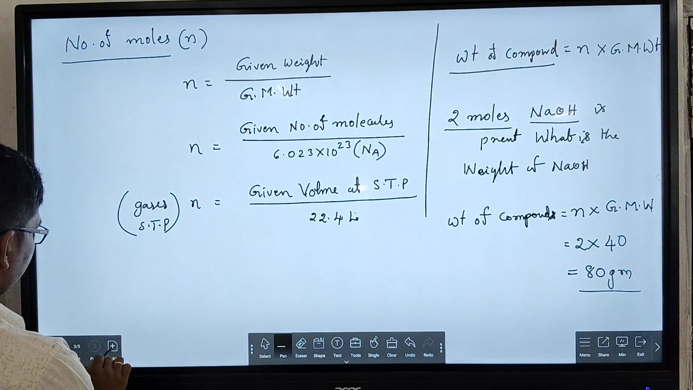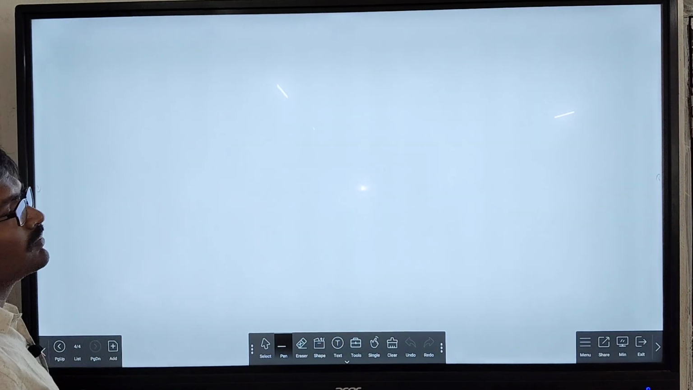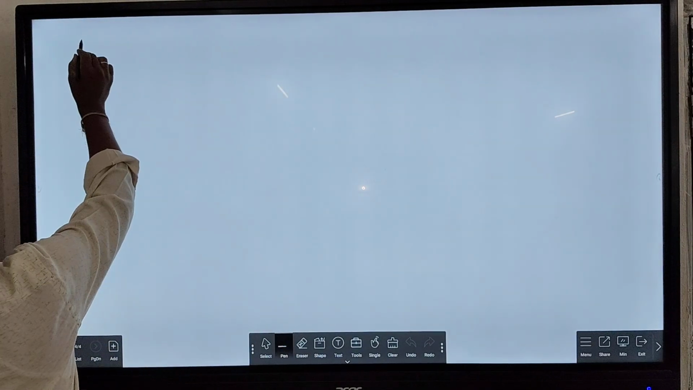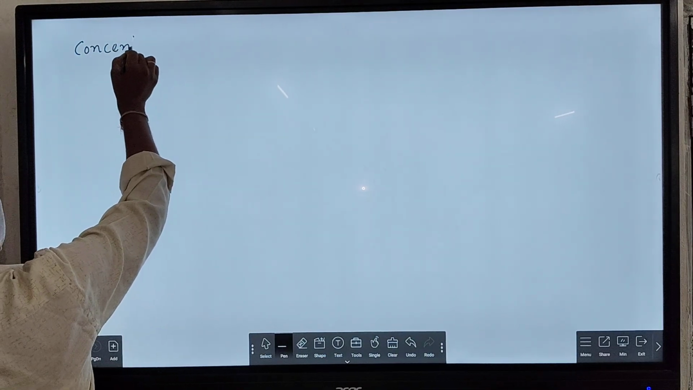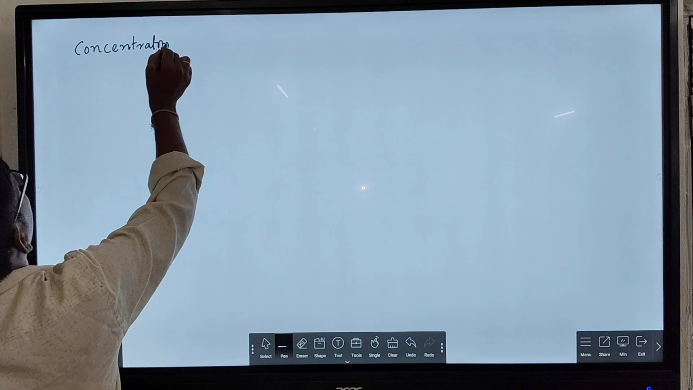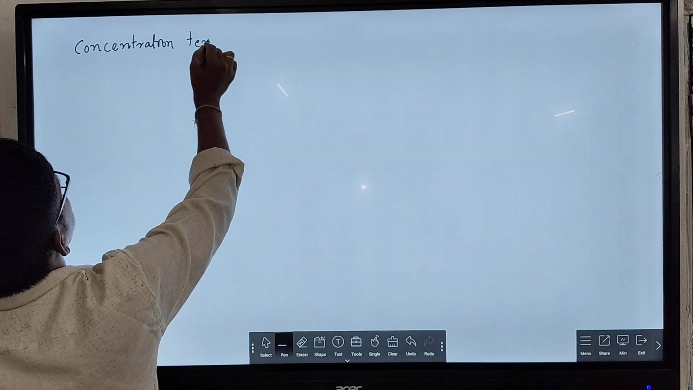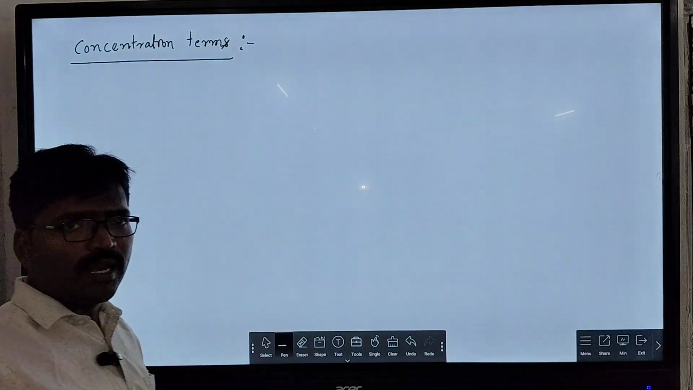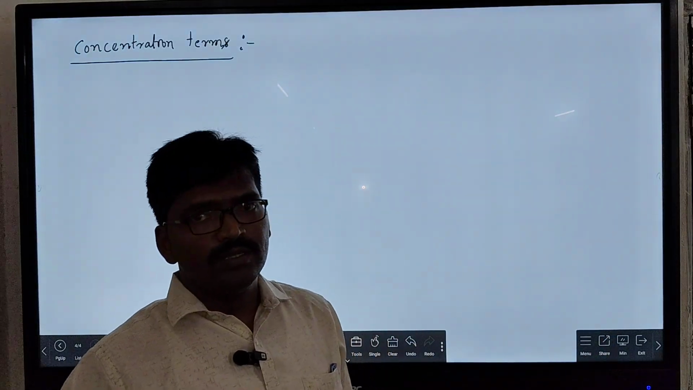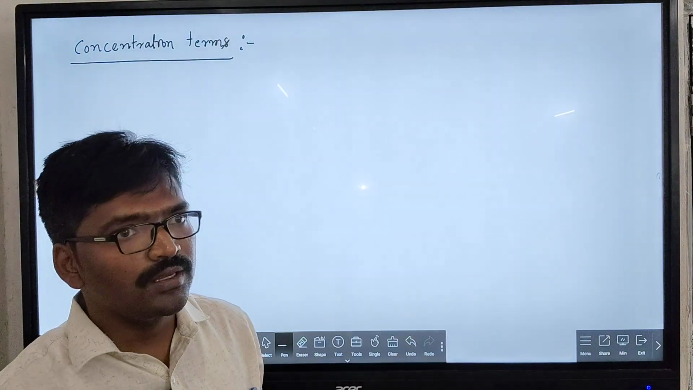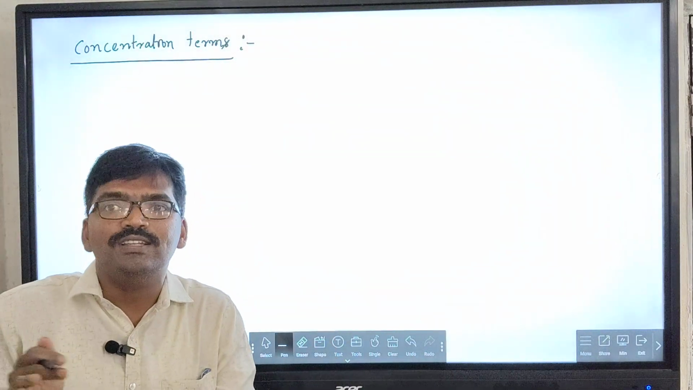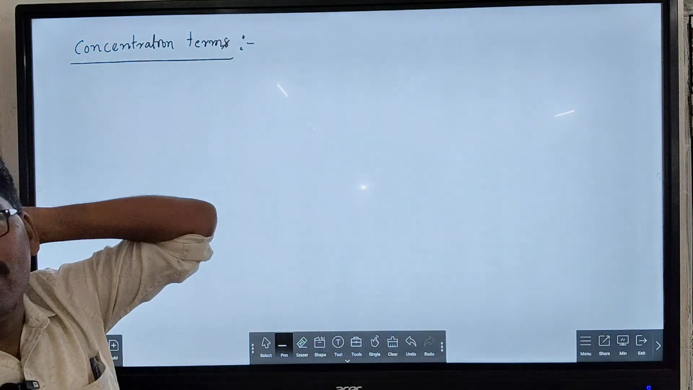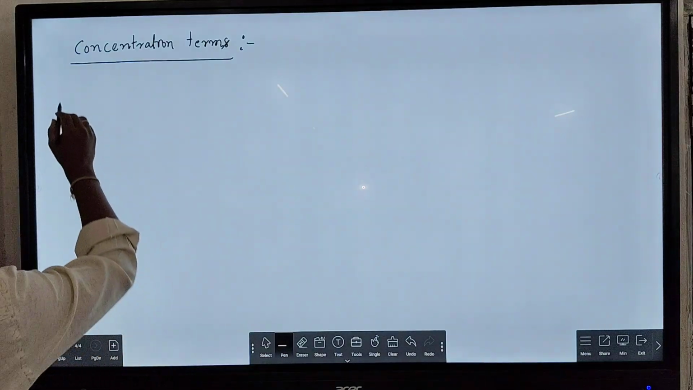Next, let us look at concentration terms. So what are the concentration terms? These relate the solute and the solvent, nothing but how much quantity of solute is present in the particular solvent. So these are the concentration terms. Sir, what concentration terms are there? The first one we have to discuss is